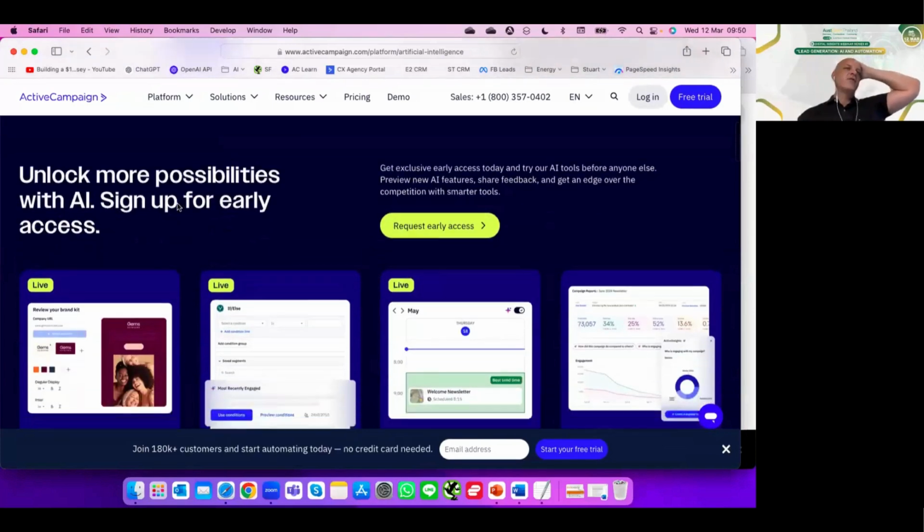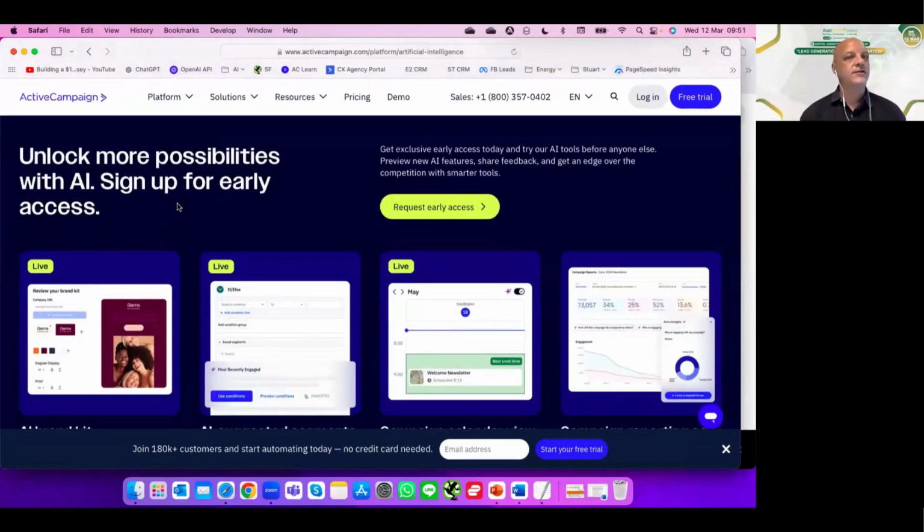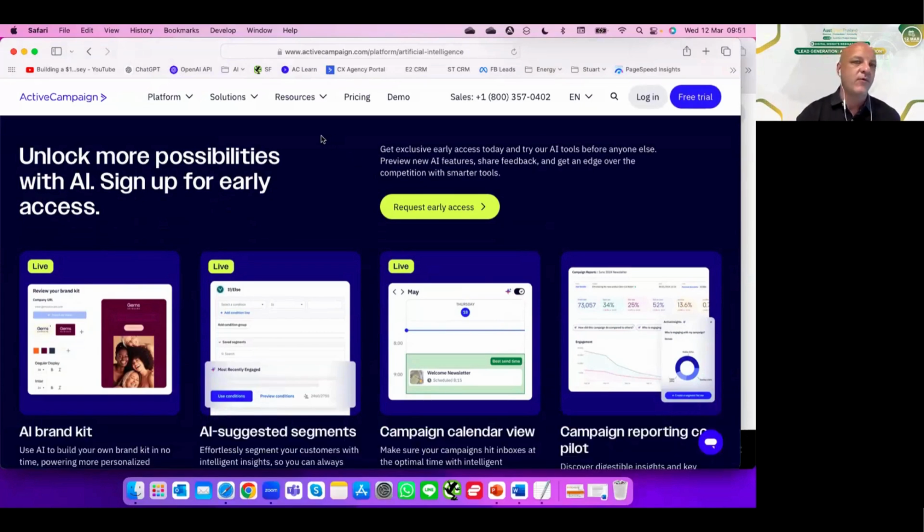Fantastic. Okay, great. So obviously 10 minutes, not a lot of time. Going to look specifically at ActiveCampaign. I want to mention, as before, we're not saying that this is the only option available. There's obviously HubSpot. We've got people on different platforms already. I'm just going to have a look at ActiveCampaign. That's what I use. It's what Jan uses, for my own campaigns, but also for my clients.